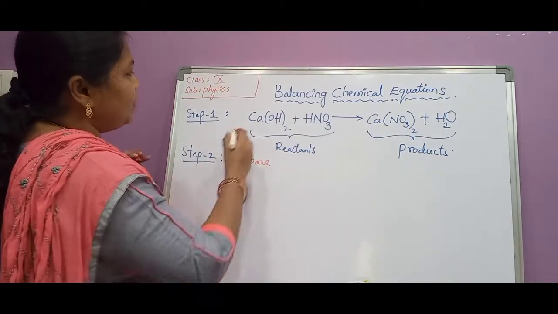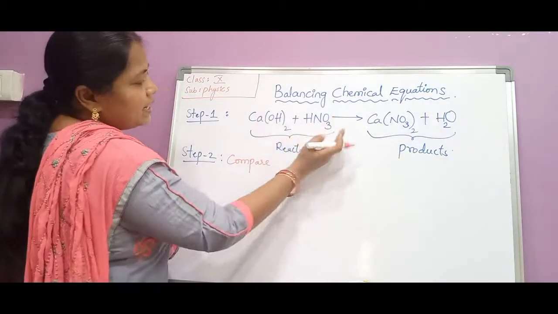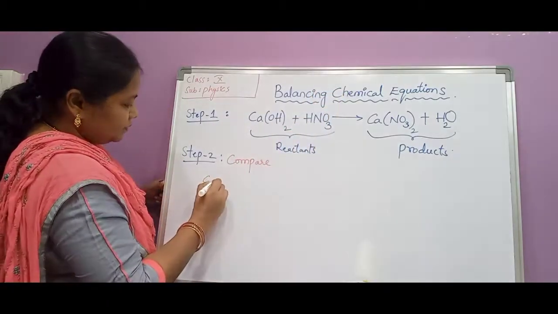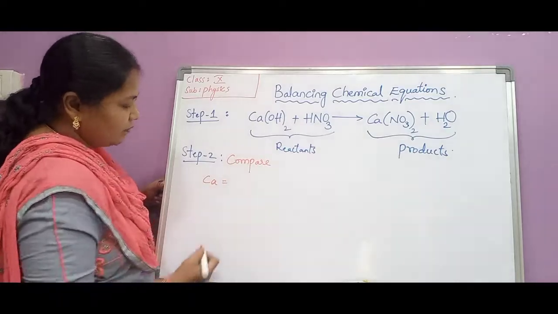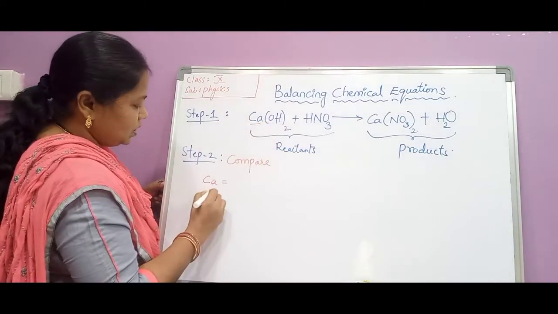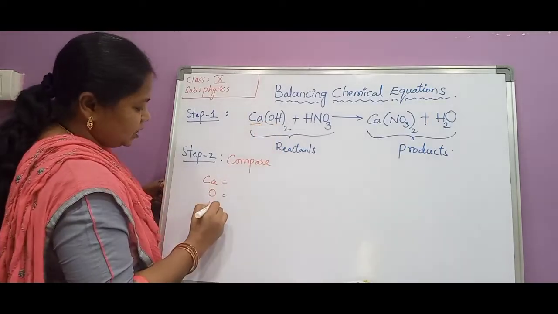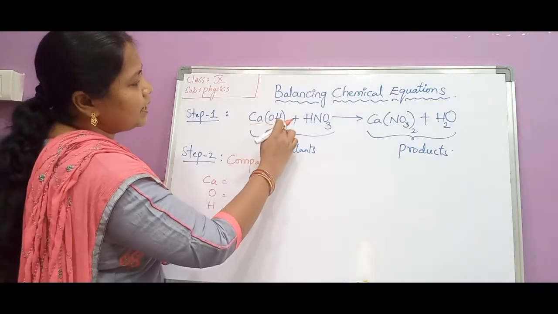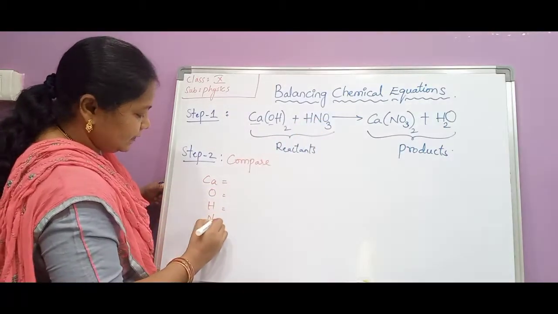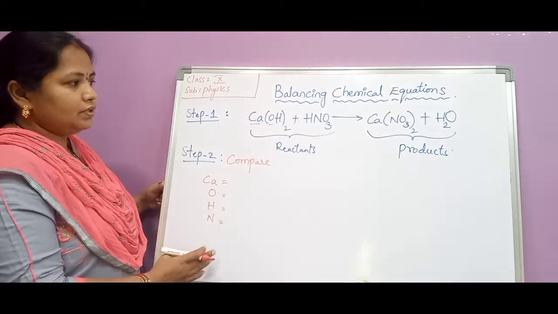Okay, so if we compare the number of atoms, first of all towards the LHS side, that means towards the reactants side, which elements are present? We need to write here one by one which elements we are able to see. Here calcium is there, O is there, this means oxygen is there, hydrogen is there. Okay, calcium, oxygen, hydrogen. Hydrogen we have already written, so no need to write it again. Next nitrogen is there, this oxygen we have already written. Like this we have to write it.